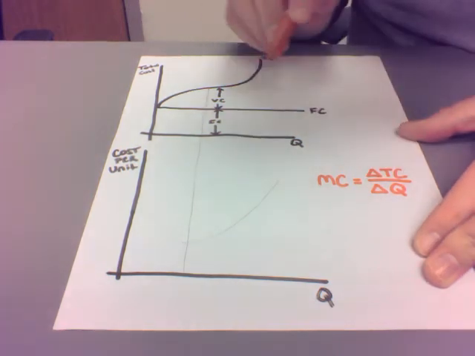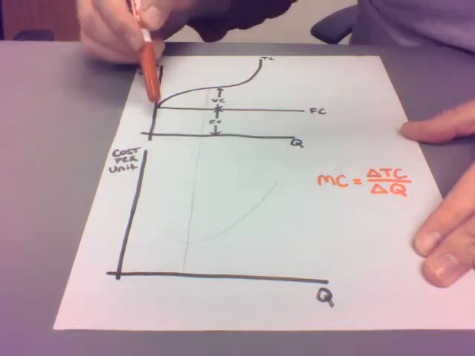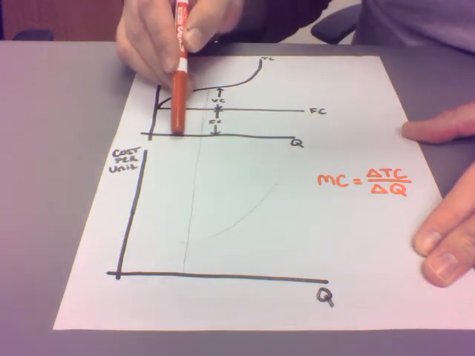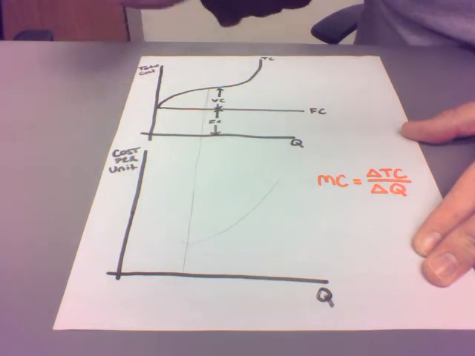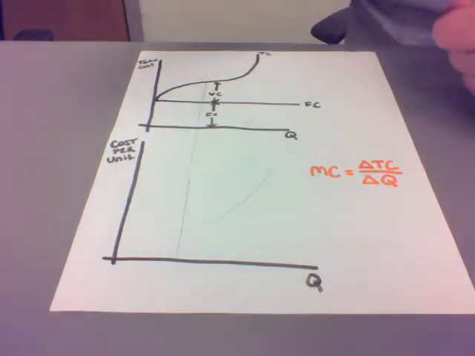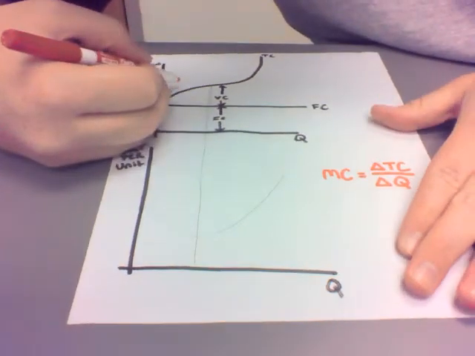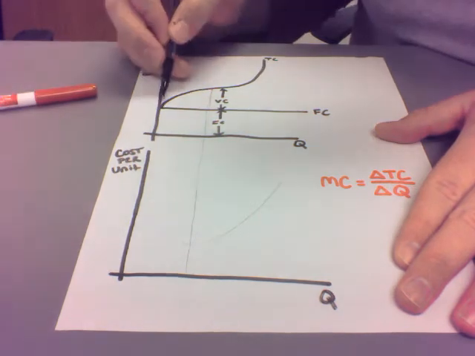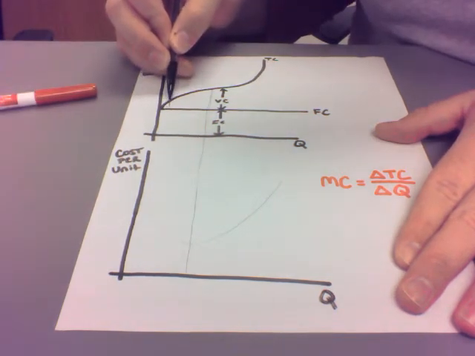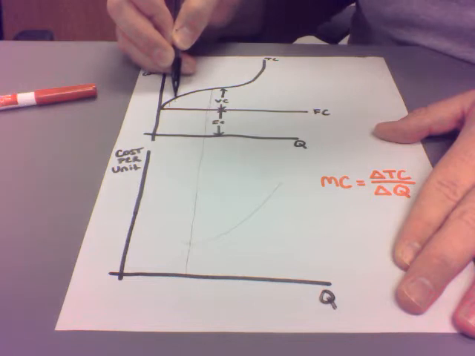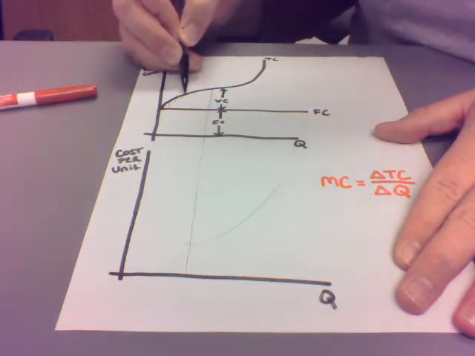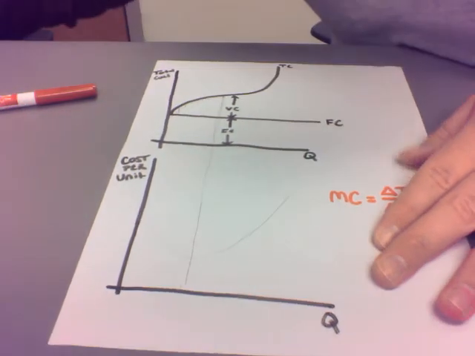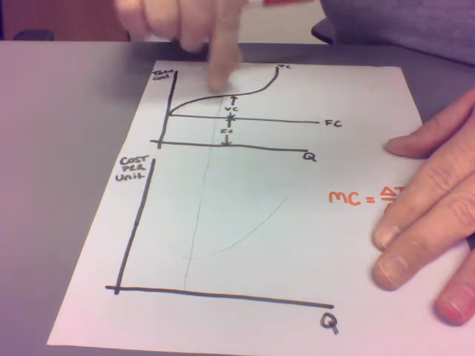Because if you look at this definition of marginal cost, this is really just the slope of the total cost curve, because it's saying, okay, if you change quantity by, say, 1 unit, how much is total cost going to change? So let's take a look here at the total cost curve. We can see that as you increase production by 1 unit, the marginal cost of increasing that production is getting smaller